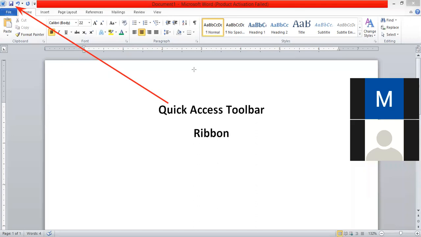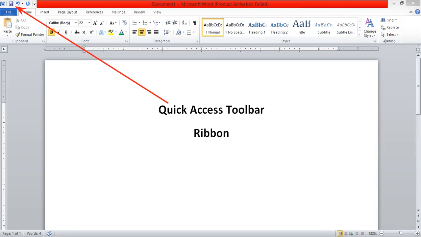But you should know that the quick access toolbar is at the left topmost corner. Let me take a picture of this and then I will show you one more thing.